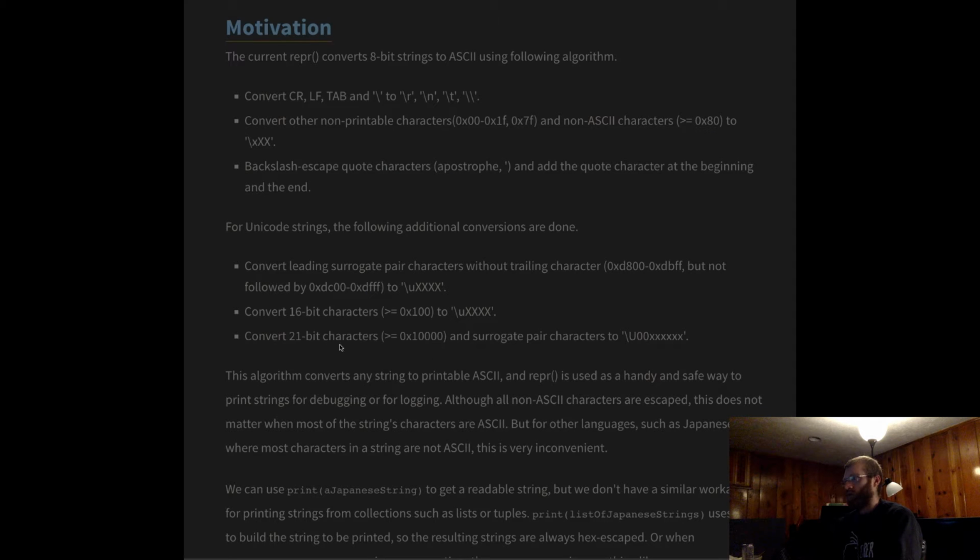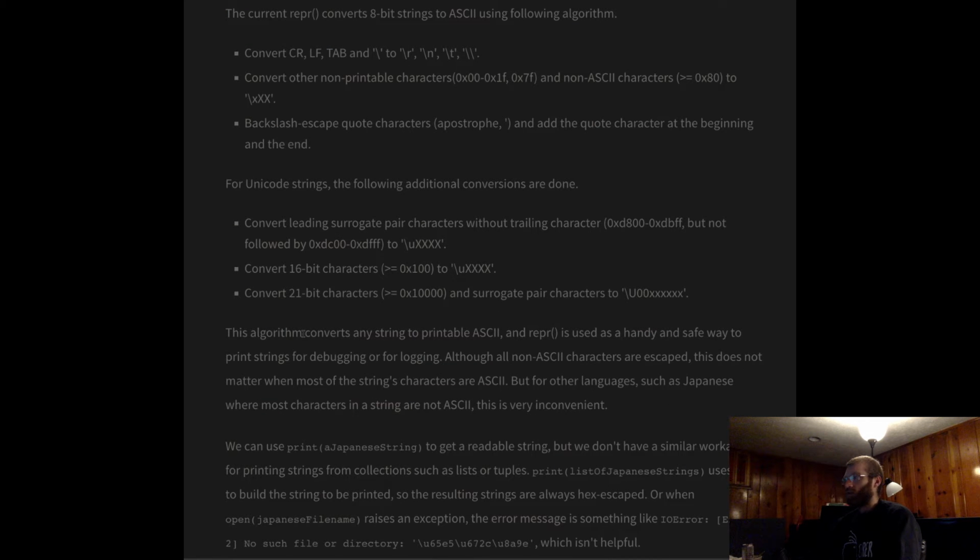And then you convert 21-bit characters, which are greater than 0x10000, or 0x10,000. Okay, so you convert those 21-bit characters and surrogate pair characters to \U00 and then 6 x's. Okay, this algorithm converts any string to printable ASCII, and repr is used as a handy and safe way to